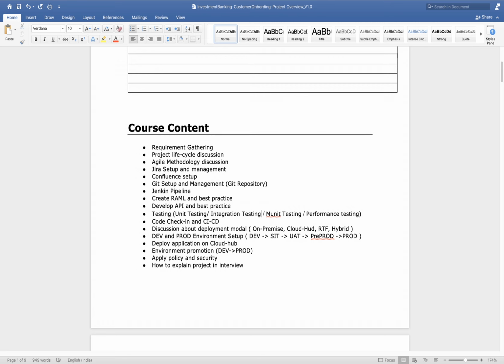So what you can do in that case is parallel processing. Either you can use parallel for each, or you can use batch processing. Then you can process 100 records at a time. We have 1000 records in total, so 1000 divided by 100 means we need 10 rounds to process all the records, and each processing takes 100 milliseconds. 100 into 10 means 1000 milliseconds, equivalent to 1 second.